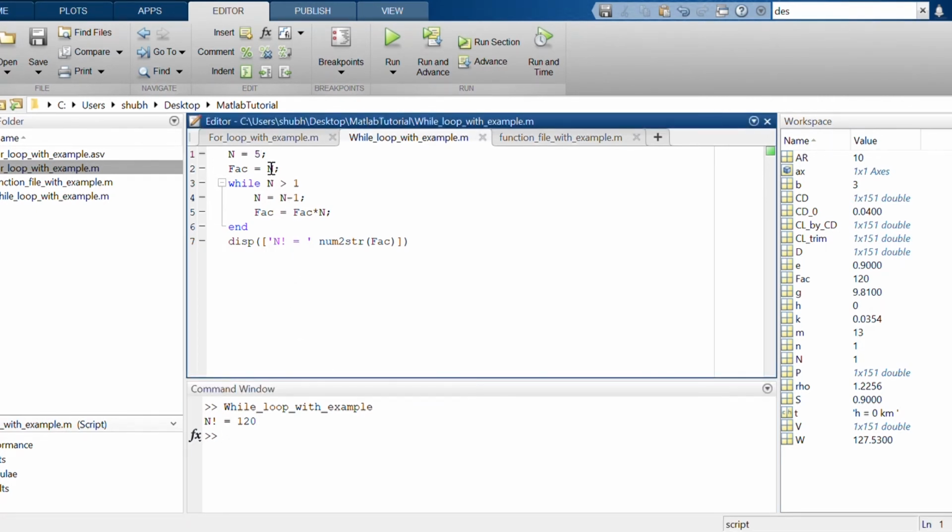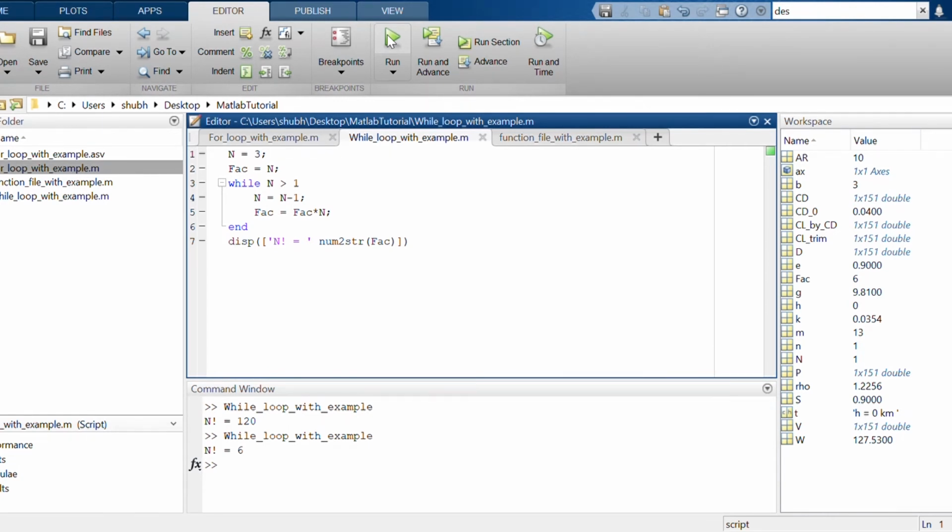Let's see whether we are getting it or not. See, we are getting factorial equal to 6. You are specifying the number 3 and you are putting the condition n greater than 1. So this while loop ends when n will be 1. It will compute n minus 1, 2, 2 minus 1, 1. So 3, 2, 1 will be the answer. So 3 into 2 into 1 will be 6. 6 is the answer. So this is the use of while loop.